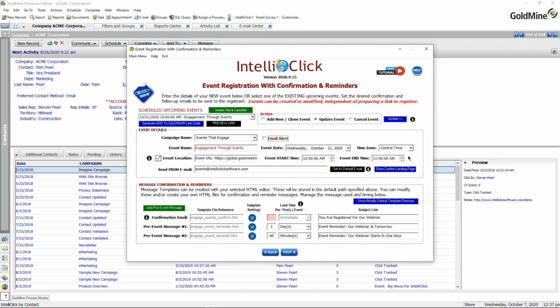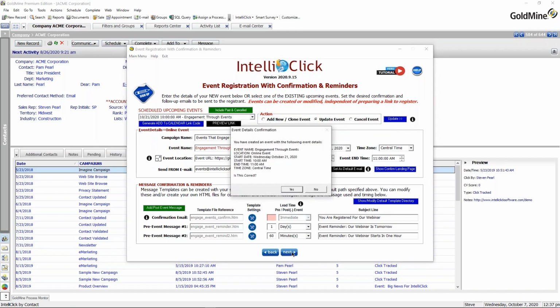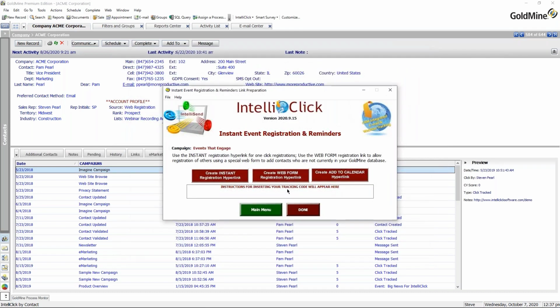And then once you move to the next screen after it confirms that everything you have is right, we want to be sure that it is 100% correct before we actually code it. But then it moves to a screen that allows me to create an instant one-click sign me up, a web form link that would take them to a place where it will allow them to register. And then if they exist in the system, we just schedule it. If they're brand new to you, they will be added as a new person in your system and registered for